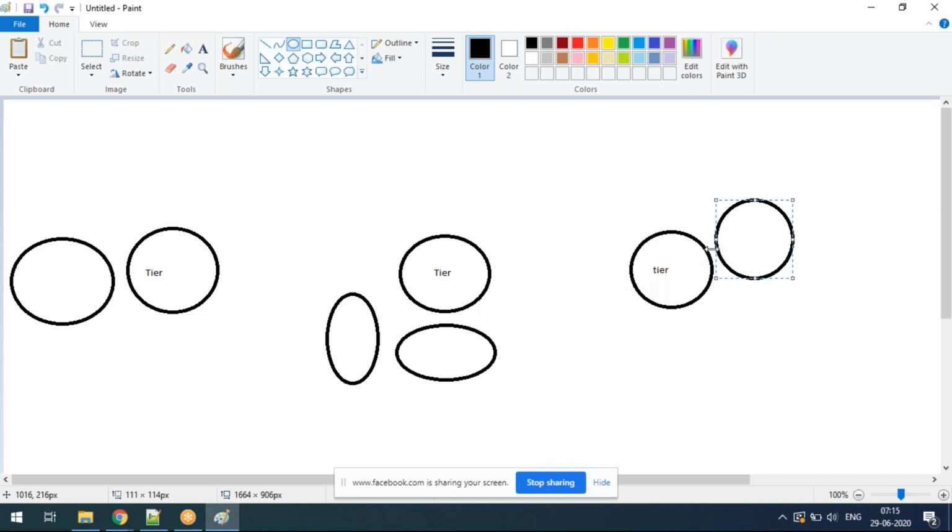Node is nothing but how many machines are connected. Here you need to have an understanding. Tier is nothing but web server, app server, DB server. Web server, how many machines? App server, how many machines? DB server, how many machines? That is called nodes. Okay, I'll take a pause here.